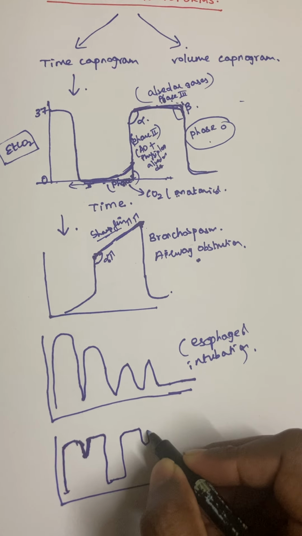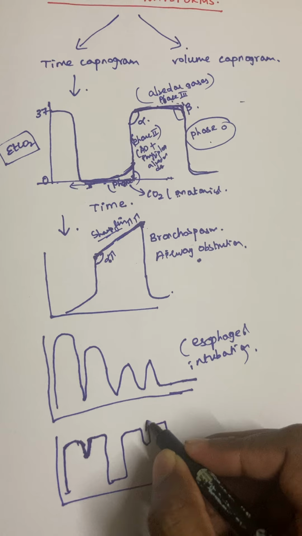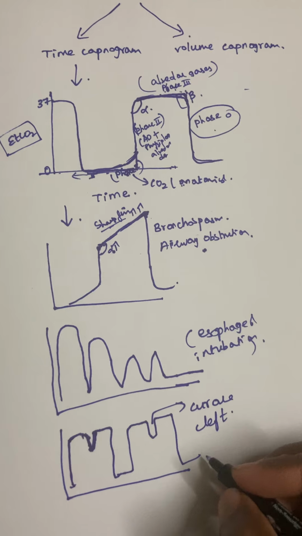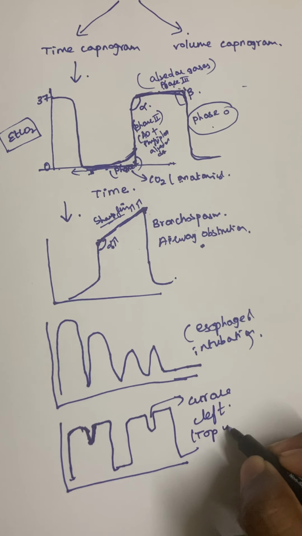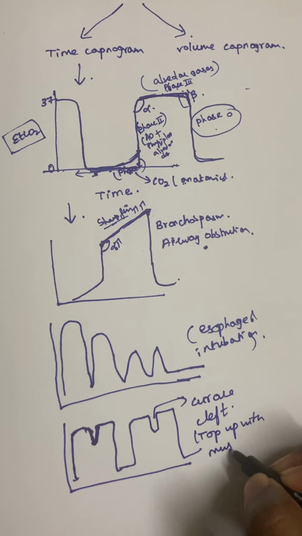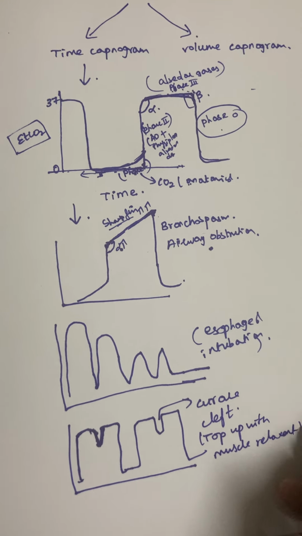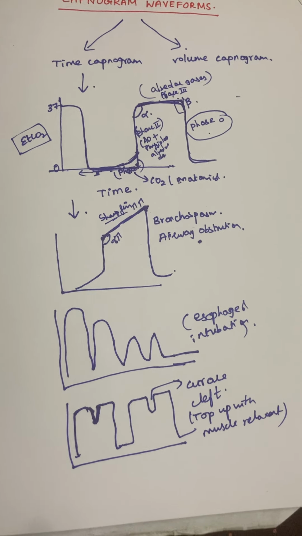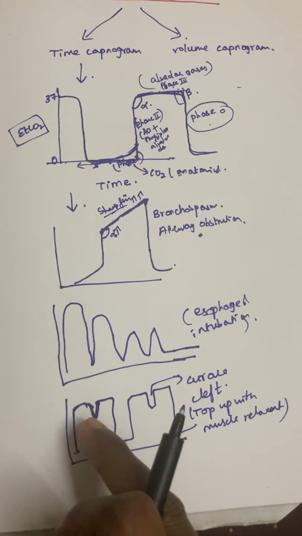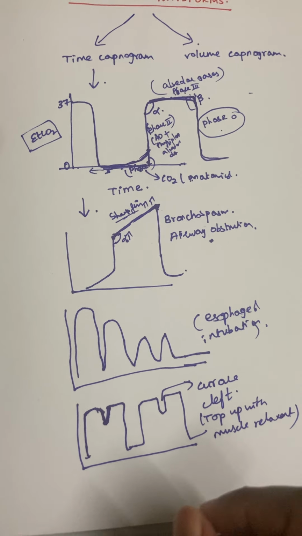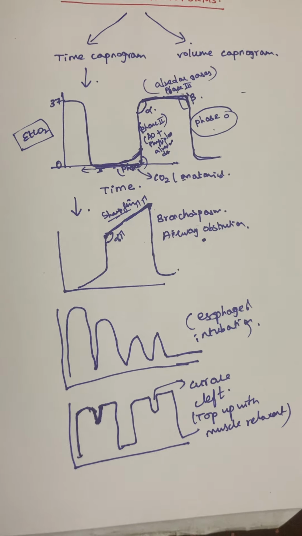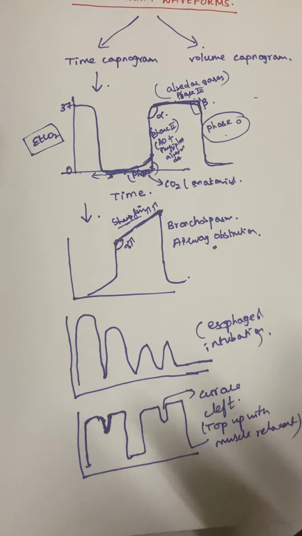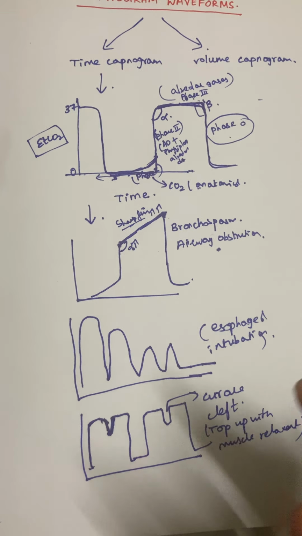This type of cleft-like thing, when seen in the EtCO2, is nothing but your curare cleft. If the curare cleft is present, then we have to top up with muscle relaxant, because the patient is coming out of anesthesia, and because of this dysynchronous contraction of these muscles there will be inadequate muscle relaxation. So you have to supplement it with either vecuronium or atracurium muscle relaxant. In esophageal intubation, if you suspect it, what will you do? Just remove the tube, mask ventilate, and then re-intubate.